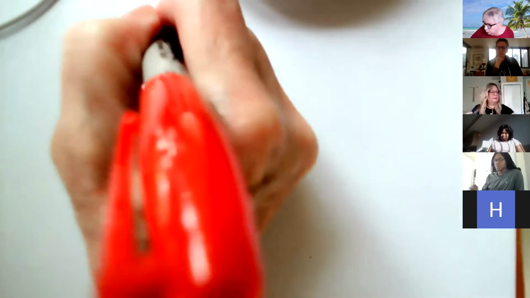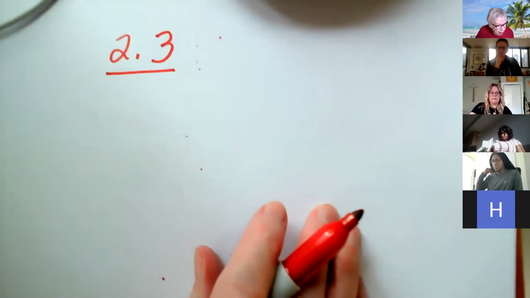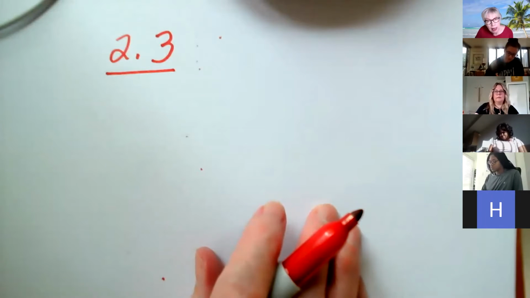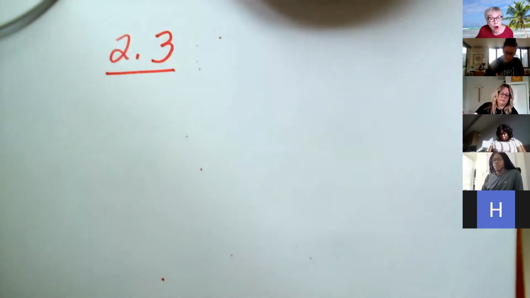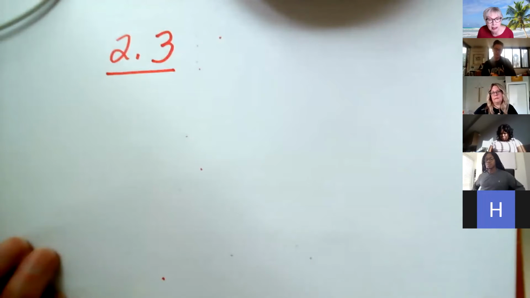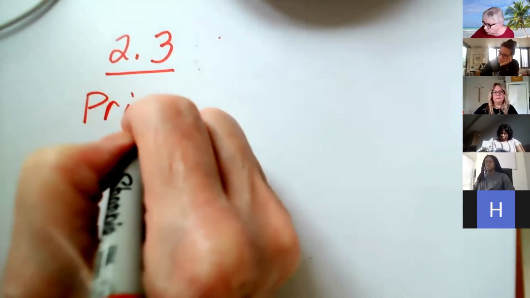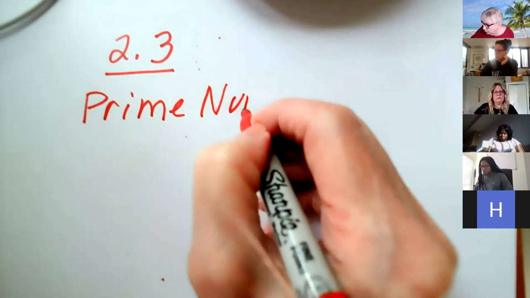Sorry about the confusion. Okay, so this is section 2.3, and this is starting out with prime numbers. Sometimes prime numbers were taught in school and sometimes they weren't. Sometimes they thought, oh, this is so hard, students shouldn't learn it. And the truth of the matter is they should have, because it was the breakthrough of why everybody has trouble with fractions. Now, prime numbers, just as a review,